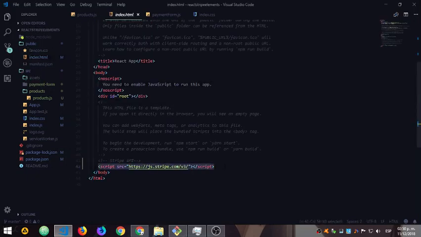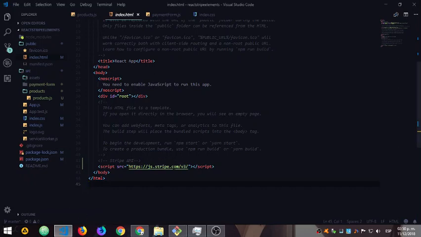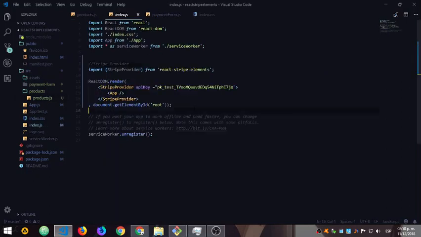We need to add this Stripe API script, okay? Because Stripe needs to have this script to connect to the API. So we need this added inside your index.html. After that, we close this, we go to index.js, and we can access, after we install the Stripe elements, the Stripe provider. We use it to wrap our application, and we pass this attribute that is required,